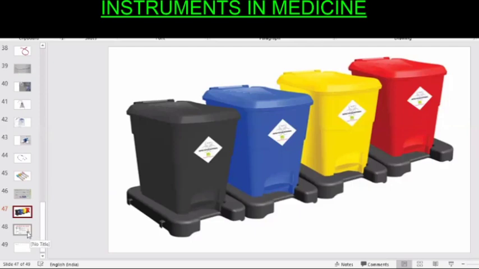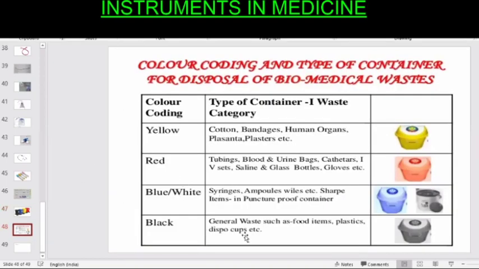Blue bag is for glass and for cardiac implant disposal. Also, blue containers can be used. And the black is for general waste. So yellow, just remember, yellow is for human organs or for bandages or for patient related